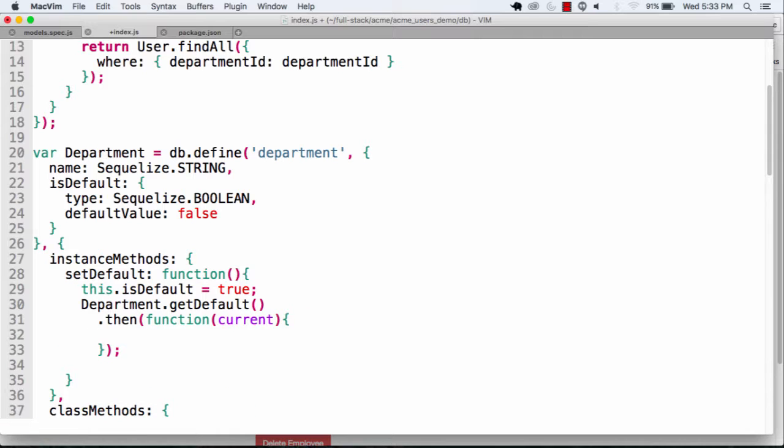So here's our current department, and we'll say current dot is default is equal to false. So now I've got my this is default, but again, my problem is that I'm going to lose my this inside of here. So what I'm going to do is I'm going to specify